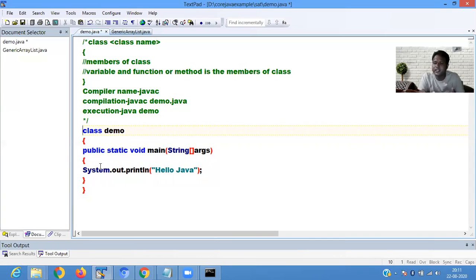When a program is executed, it will first search whether the main method is present or not. Here you always have to write main. Okay. So there is a question: when you mention main, can you give any other name? Yes, you can give any other name here. But that name you have to define in the JVM, because in the JVM it is already defined that main is the main method where all the program is executed.